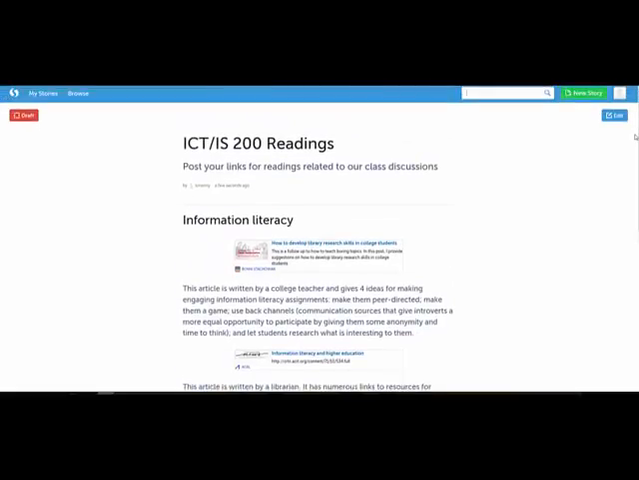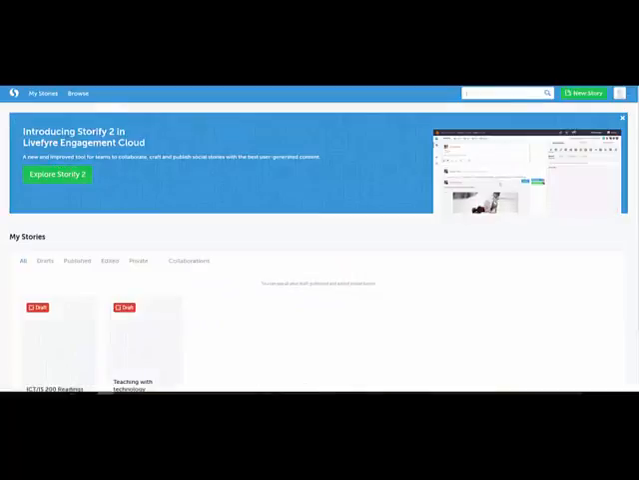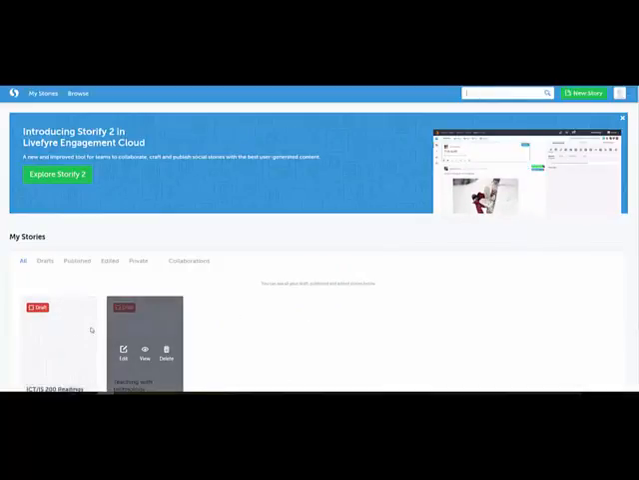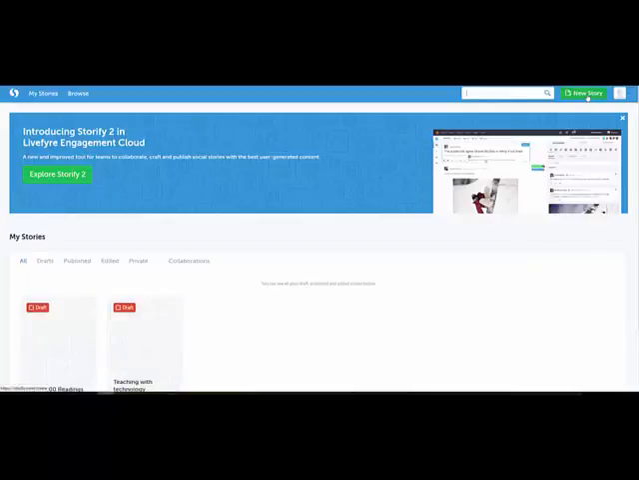Okay, so let's look at how this works. Once you're logged into your account, your screen would look like this. You can see all the stories that you've previously created, or you can create a new one. Let's go ahead and create a new one. To do that, you click on New Story in the top right,